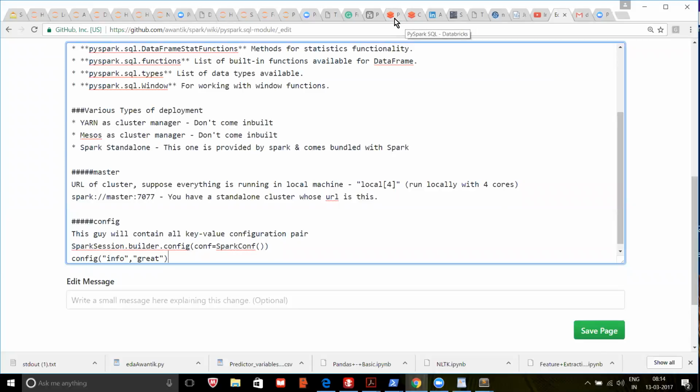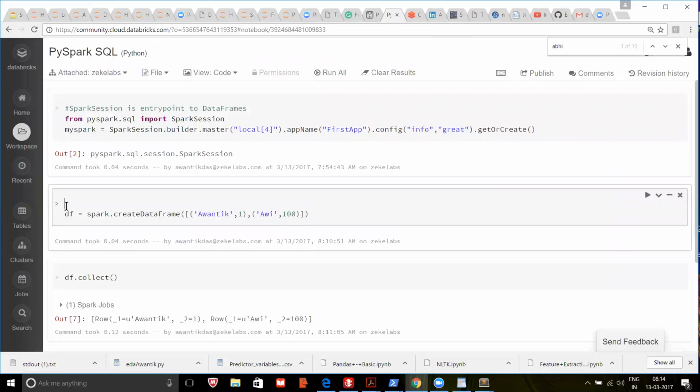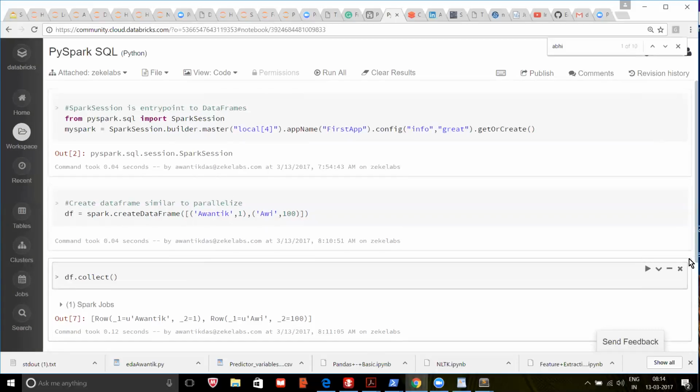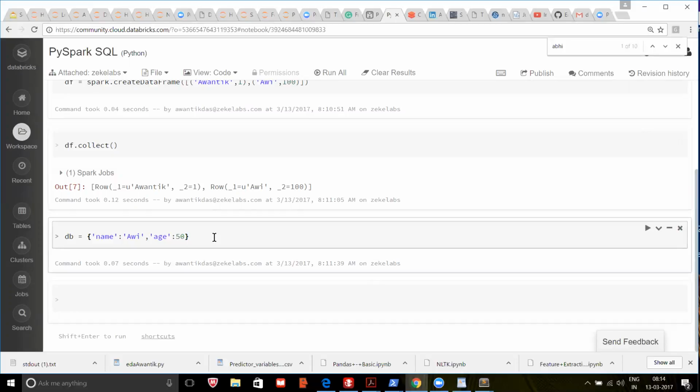So now, this is how we are creating data frames. Create data frame is similar to parallelize. Almost all the aspects will work here the same. Now you have a dictionary. Of course, you can have a much bigger dictionary. So whenever you want to do this,